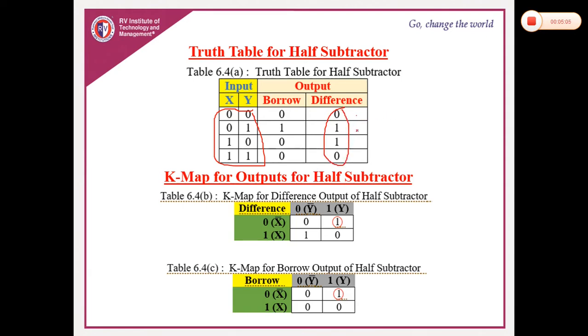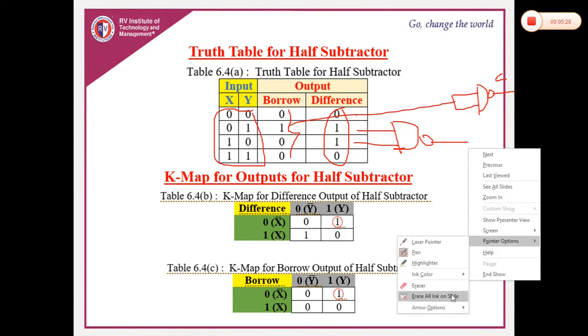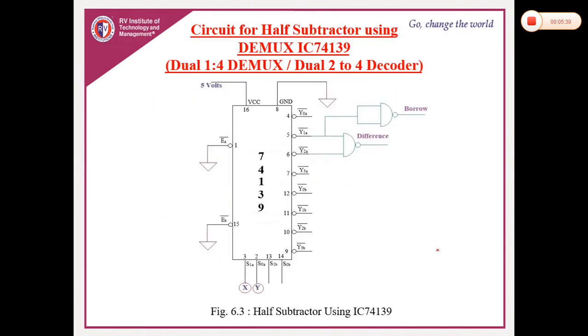So what you need to do, 1 and 1 is here, so you just give it to NAND gate and you will get sum. But here only one, that is borrow 0 1 0 0. So from this you have to give it to a common NAND gate because minimum possible NAND gate is 2 input. So short it and give it to this. So it will become carry. So sorry, borrow. So same thing, whatever I have shown here, that will be the circuit. You can just see here.